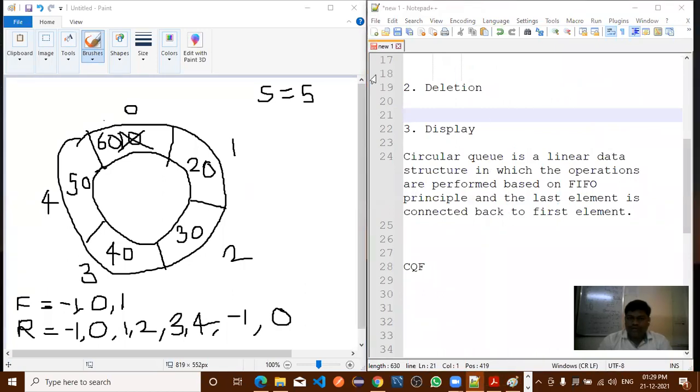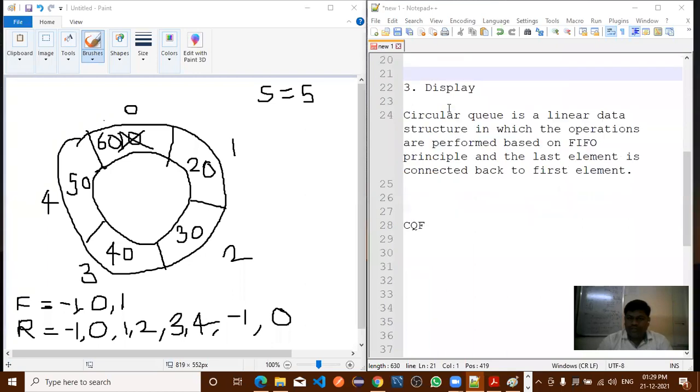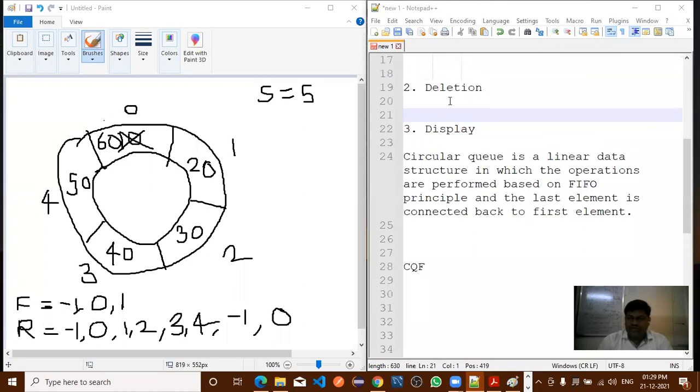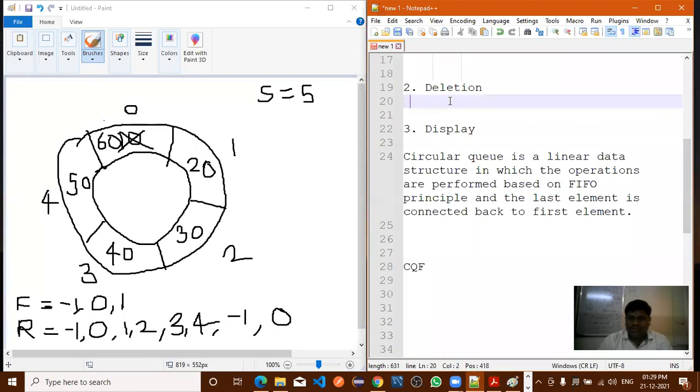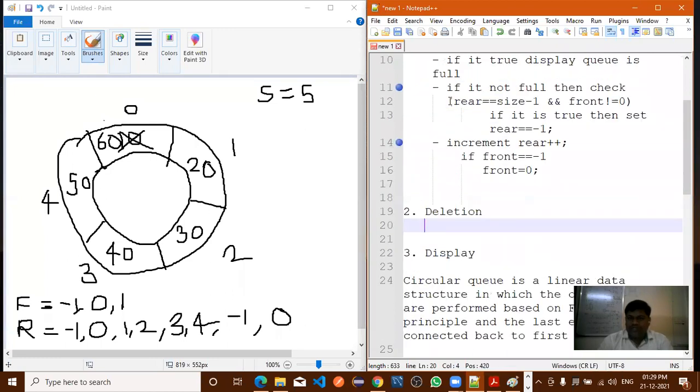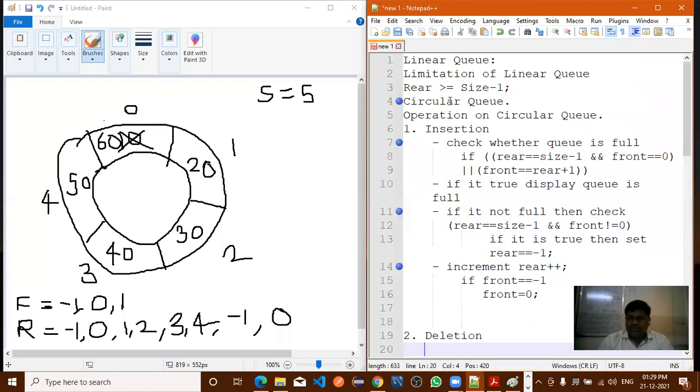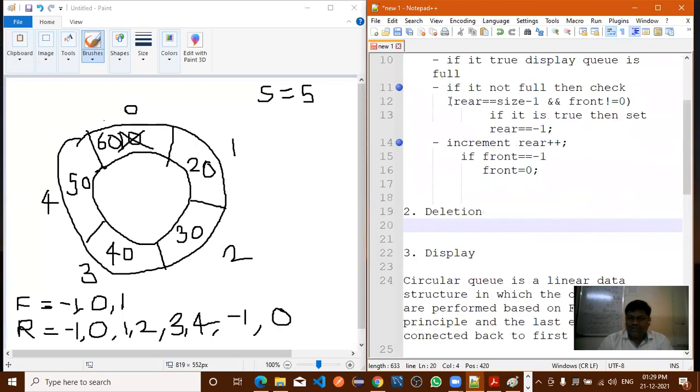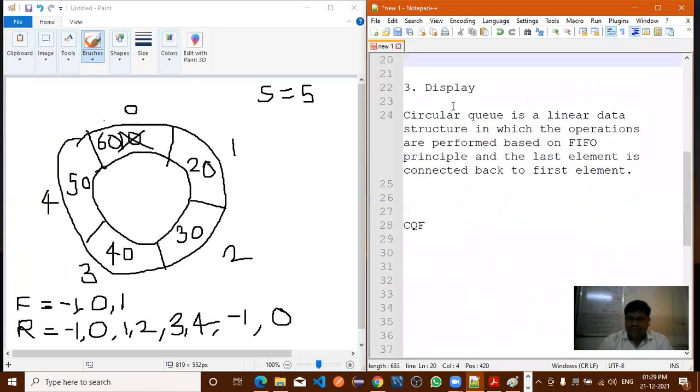Any questions related with the insertion operation? If not, we'll move further to the deletion. All of you understood the definition and the first operation, that is the insertion operation? Yes, sir. Okay, good.